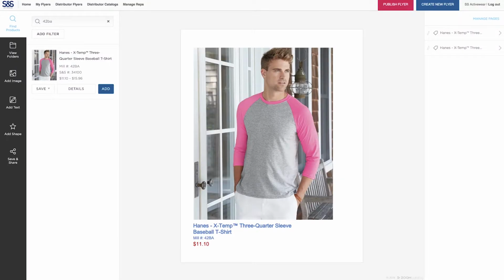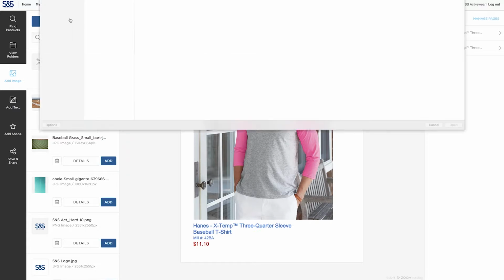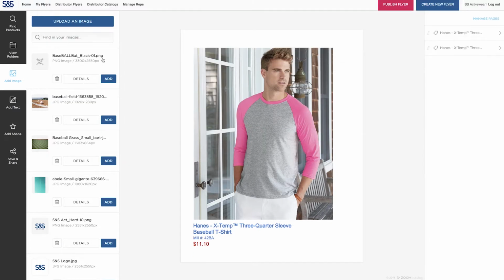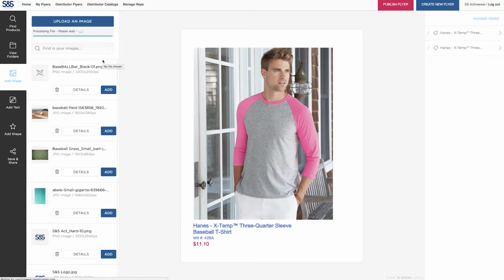Once it's been downloaded, we can use it as our background, but first, we'll have to upload it to the flyer builder. Doing so is a simple click on Add Images and upload an image, and find the folder that you downloaded your photo to. It'll take just a few seconds to finish, and once it has, find it in the list below